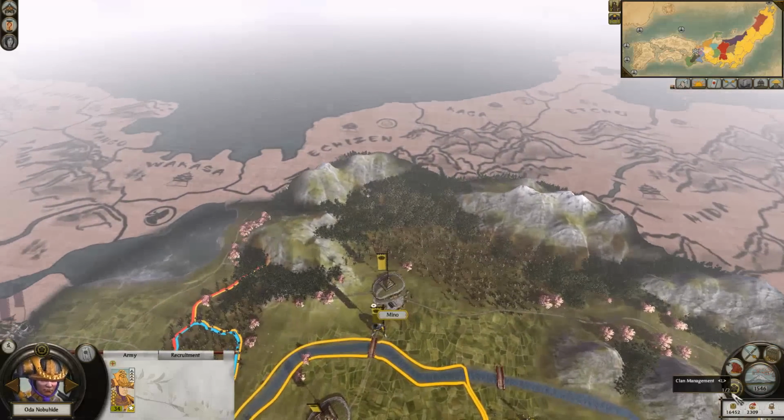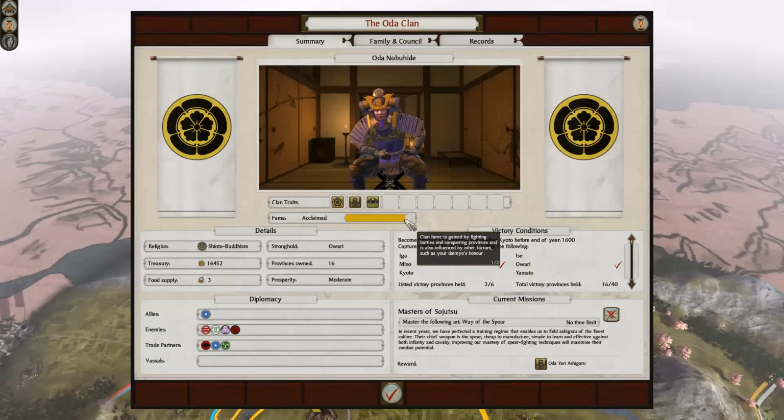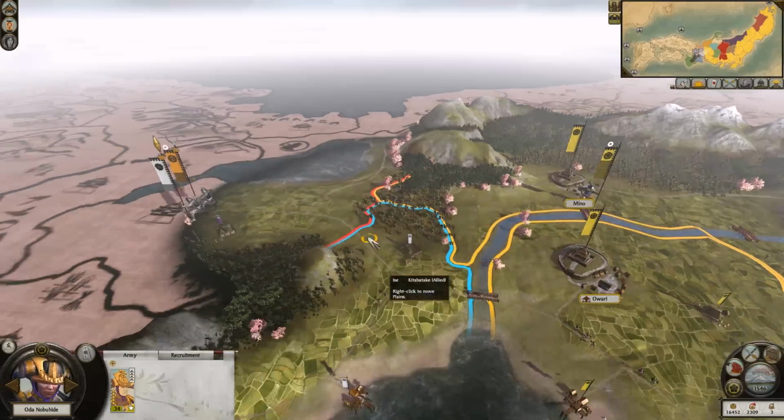So what does that leave us with? We've now got 16 settlements. And yeah, that's going to be pretty close to Realm Divide. That's the last of our...